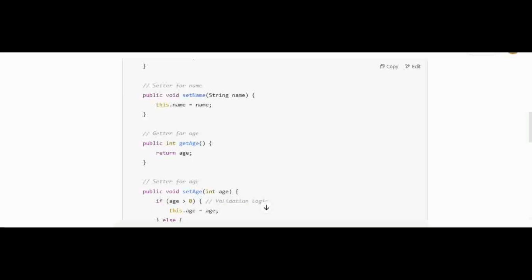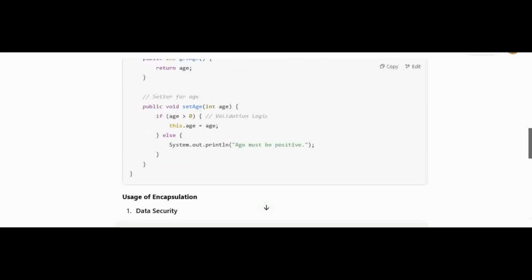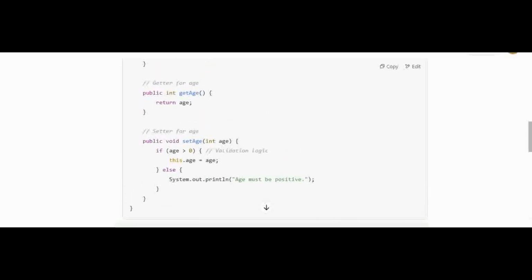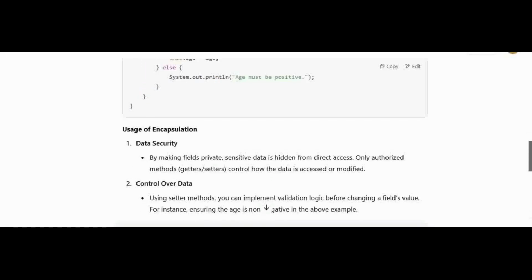// getter for age public int getAge() { return age; } // setter for age public void setAge(int age) { if (age > 0) { // validation logic this.age = age; } else { System.out.println("Age must be positive."); } } }